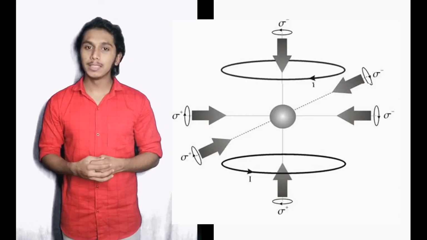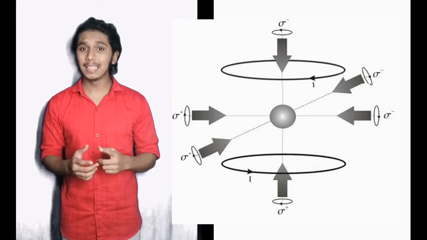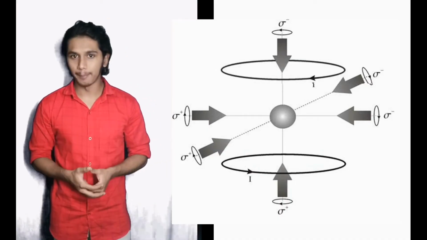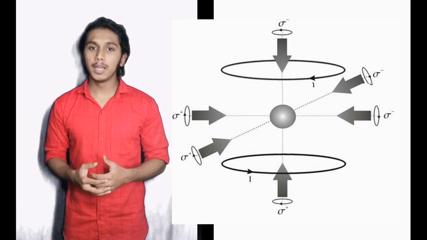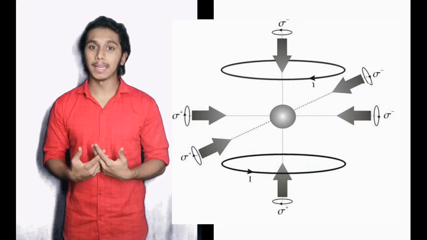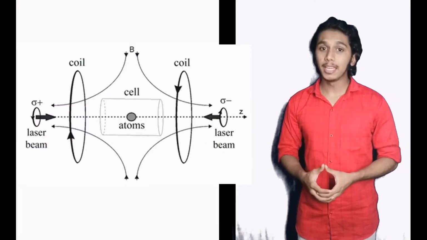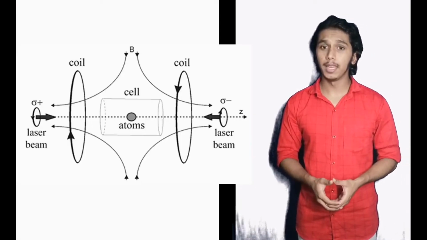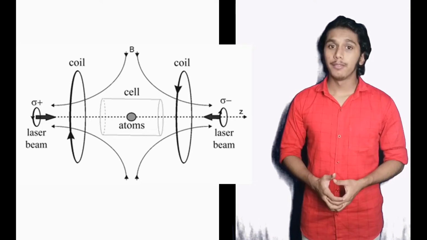In this diagram you can see that there are 6 counter-propagating lasers which are intersecting at the single point where the atoms are supposed to be trapped. There is also a pair of coils above and below the atoms which are producing a spherical quadrupole symmetry magnetic field. In this one-dimensional diagram we can understand how the magnetic field of spherical quadrupole symmetry is supposed to be. The place where the atoms are trapped, there the magnetic field is equal to 0.